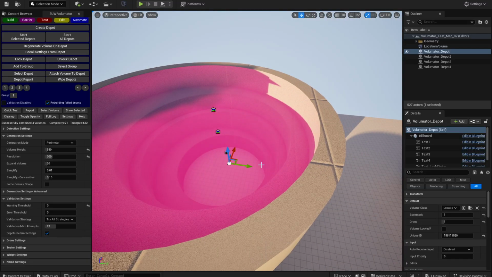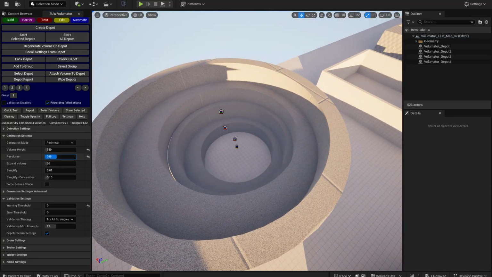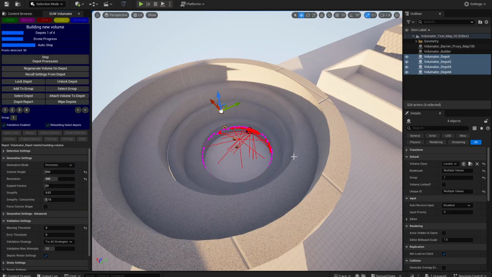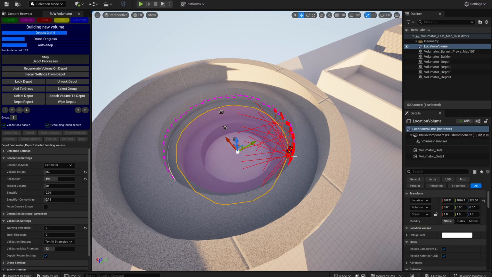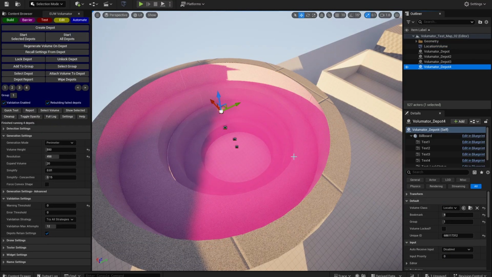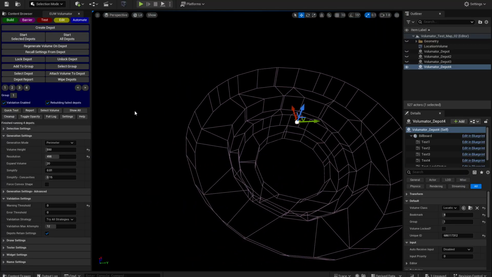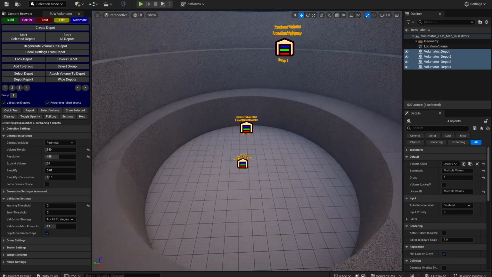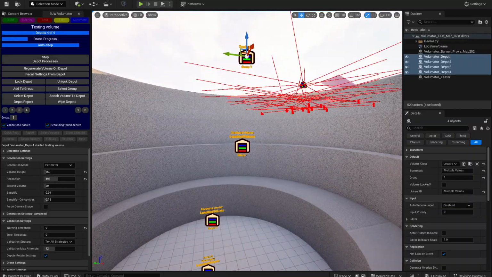As always, the best way to ensure that volumes are in a good state is to enable validation. So if we set the resolution to be quite coarse, and then we enable validation, we're going to run the depots, and you'll see each volume will do a validation pass, like little yellow dots that show up there. And so each floor here should now have 0 warnings and errors, and we can check that here. You can't see any there. We can run depot reports, and you can see there's no warnings or errors. And of course, if we just run depots again, with any luck, we won't get any warnings or errors,